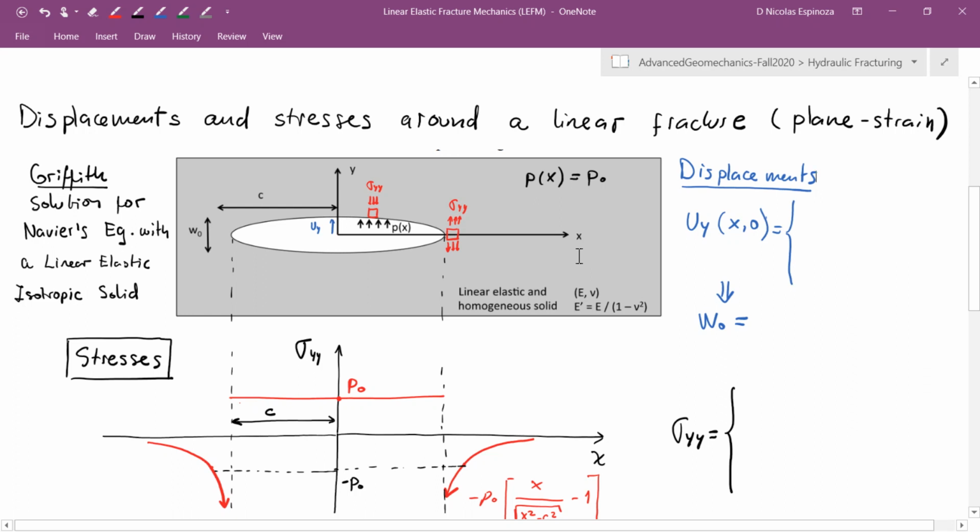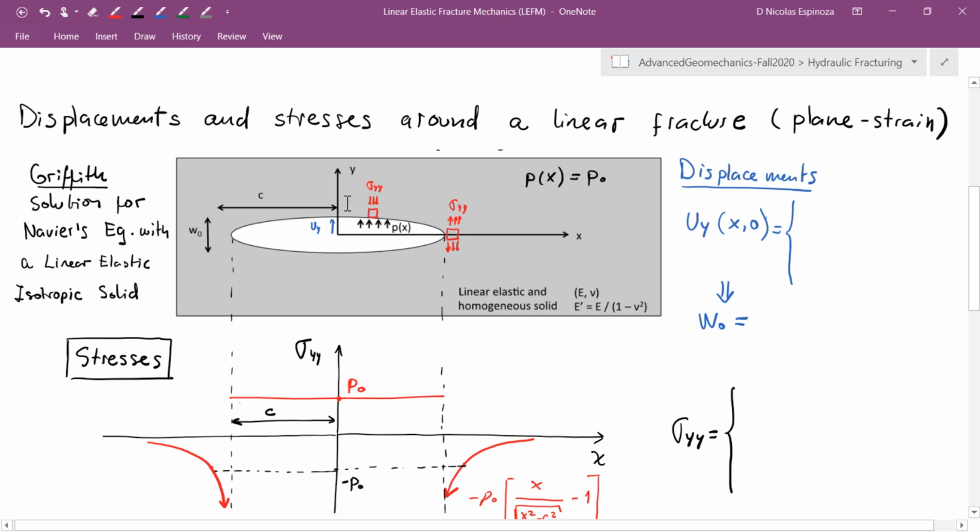Because this is an isotropic solid, in plane strain conditions, the deformation is going to be inversely proportional to the plane strain modulus E prime given by this equation. All right, so let's see what the Griffith solution is. We're not going to solve analytically this equation. Griffith was quite good in math, and he did that, but we're just going to jump to the solution and